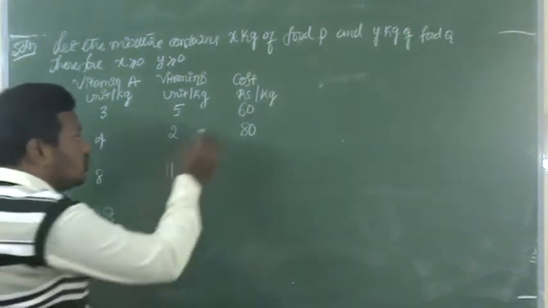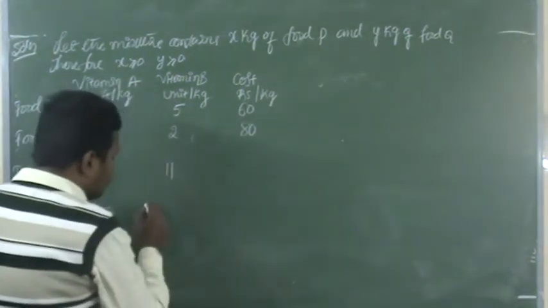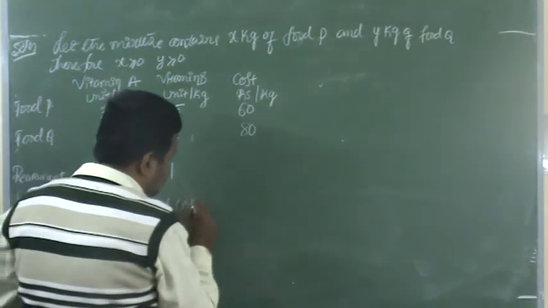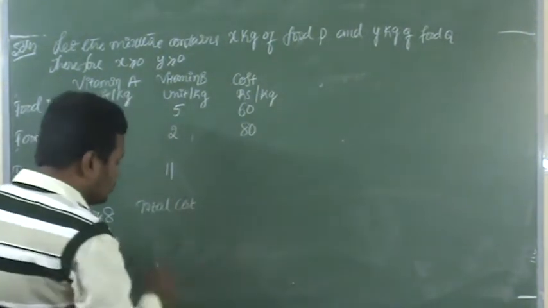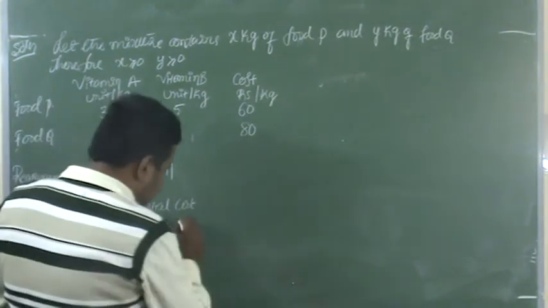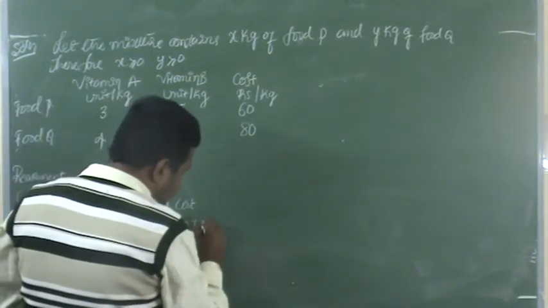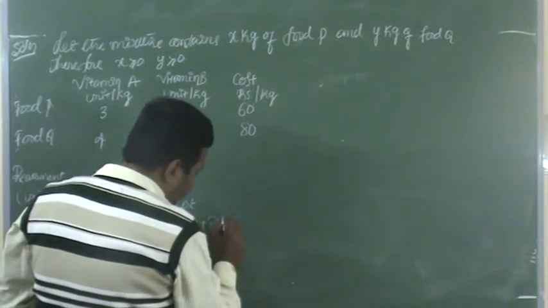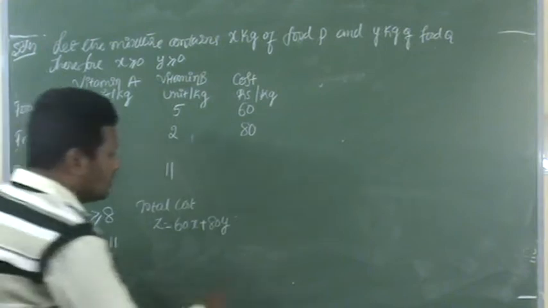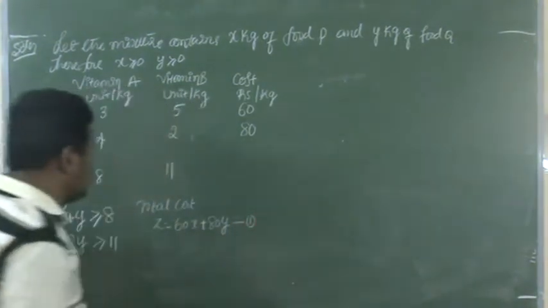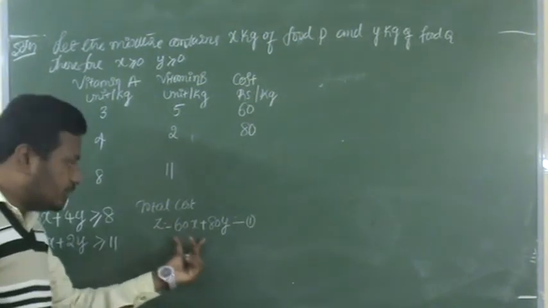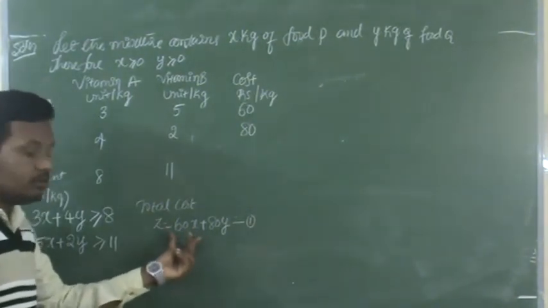and the total cost of foods P and Q we denote by Z, that is equals to 60x plus 80y. This is equation number 1, and subjected to the constraints we have to determine the minimum cost of the